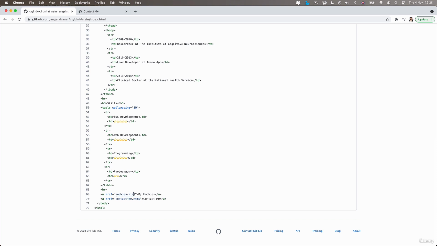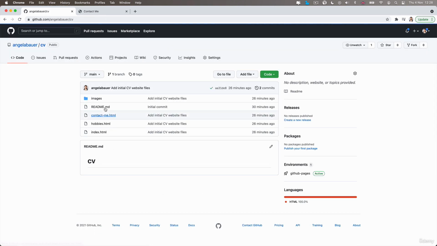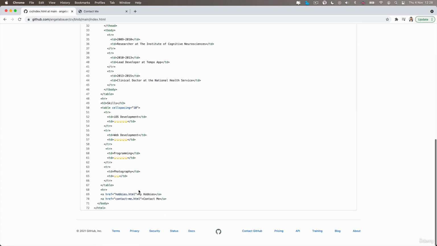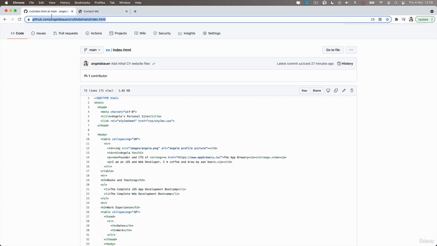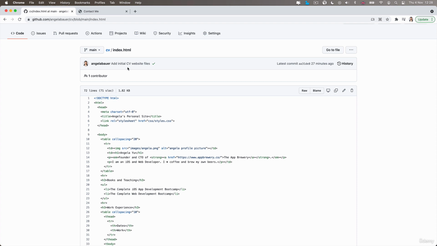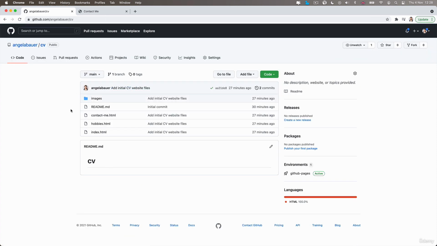Now, I'm stressing this because I've seen so many students fall down here just because maybe they capitalize an H, or maybe they spelled this file incorrectly. Or maybe they created another folder in here and stored these two files inside. The code has to be able to find out where these files are in order for it to work. Now, the best way to assure that your code actually works is to make sure that you've got the same code as me, and you can check this if you go to this link, and if you have the same code in your index.html